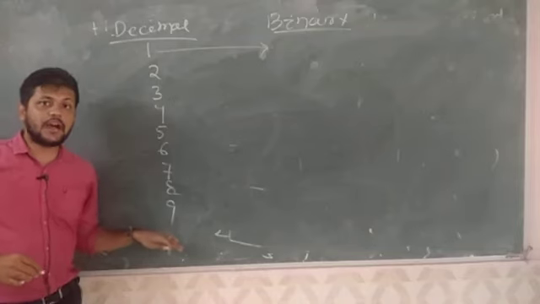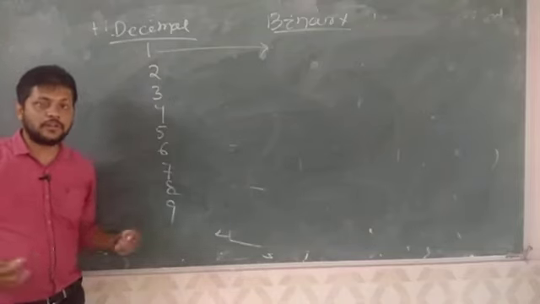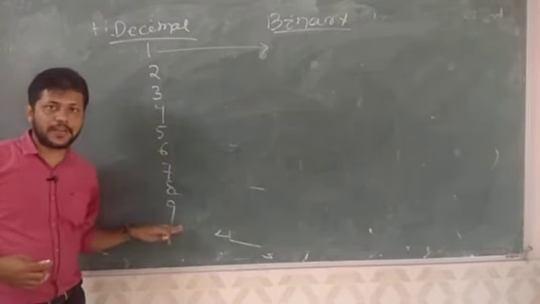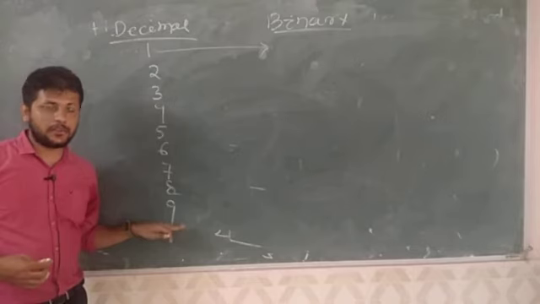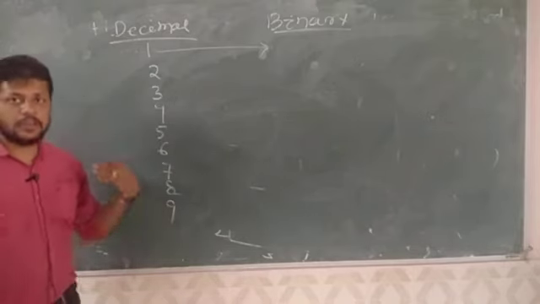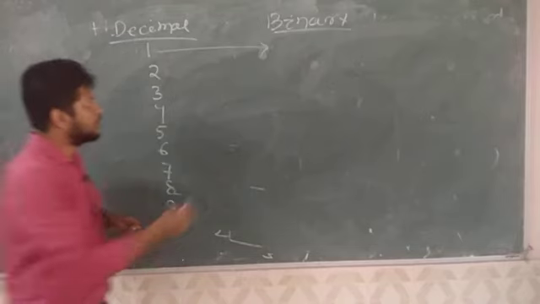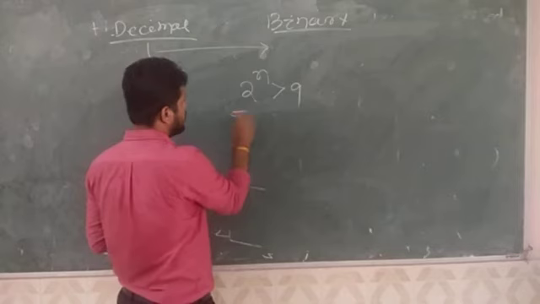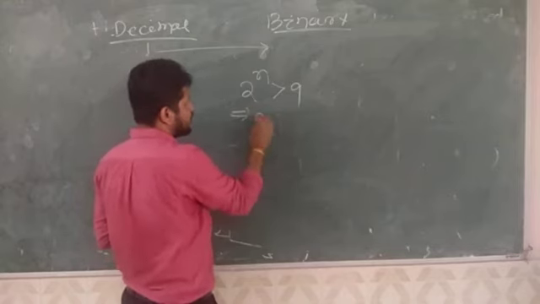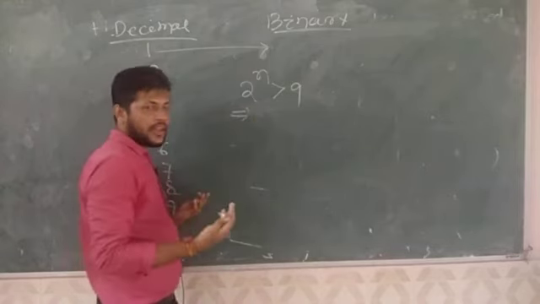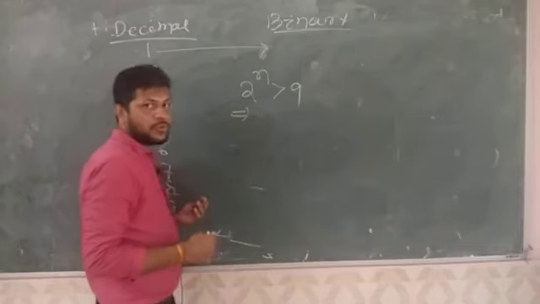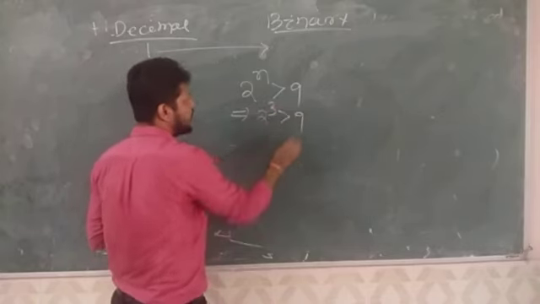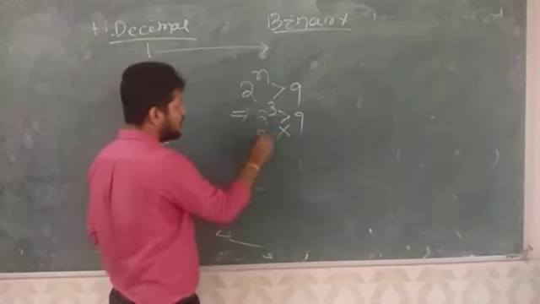First you need to see the highest number which you need to convert. So here 1 to 9 in decimal, 9 is the highest number given here. So how many bits do you need to represent this 9? You know 2 to the power n must be greater than 9. 2 to the power 1 is 2, not greater than 9, condition not satisfied. Then 2 squared, 4, not satisfied. 2 to the power 3 means 8, not satisfied.